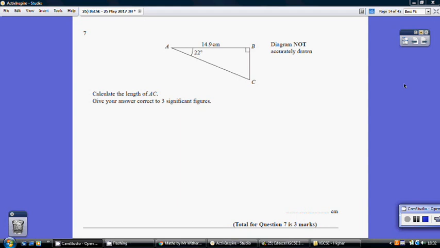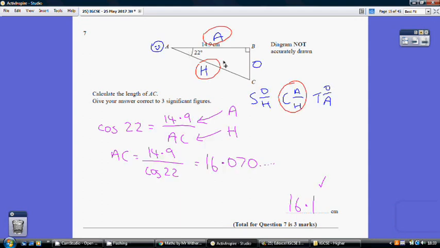Question 7. So a right-angled triangle, trying to work out a length when we're given an angle, so this is going to be SOHCAHTOA. So picture yourself at the angle. So this side is adjacent to me. The side I need to work out is the length AC, is the hypotenuse. So given we're dealing with the adjacent and the hypotenuse, we're going to be using cosine, cos. So cos the angle, cos 22 equals our adjacent side of 14.9 divided by our hypotenuse, which is our unknown